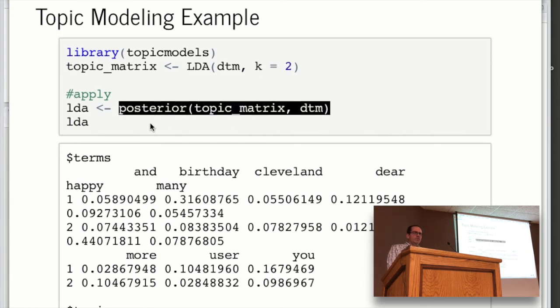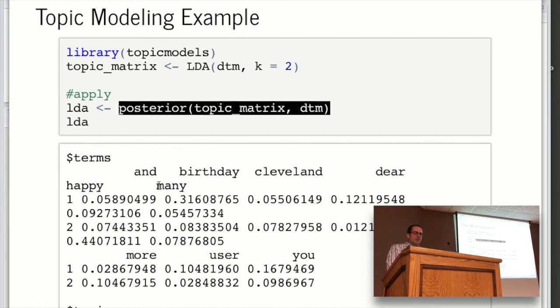It's kind of different, if those of you are used to machine learning type functions in R, a lot of times predict is how you apply. And in this case, it's posterior you apply with. LDA kind of has a Bayes bent to it, so this sort of makes sense in that world.